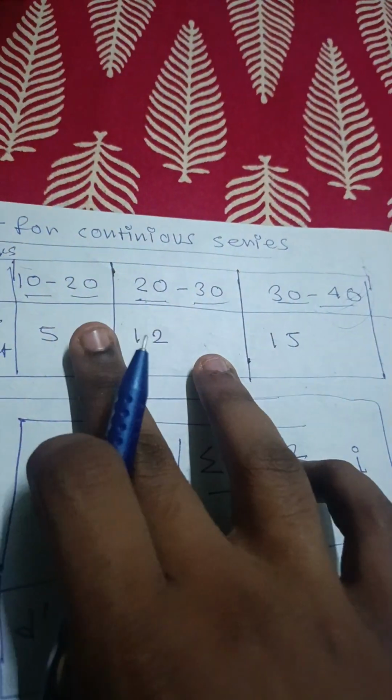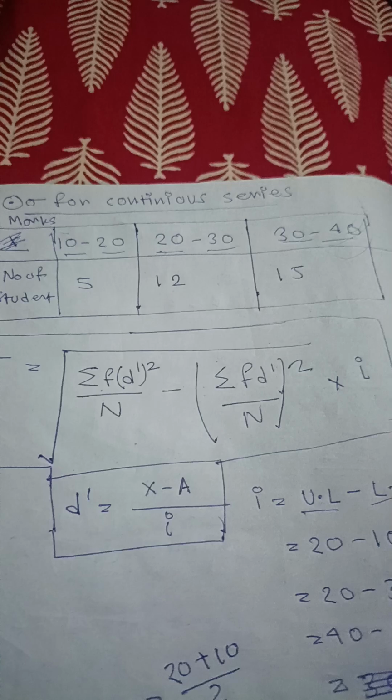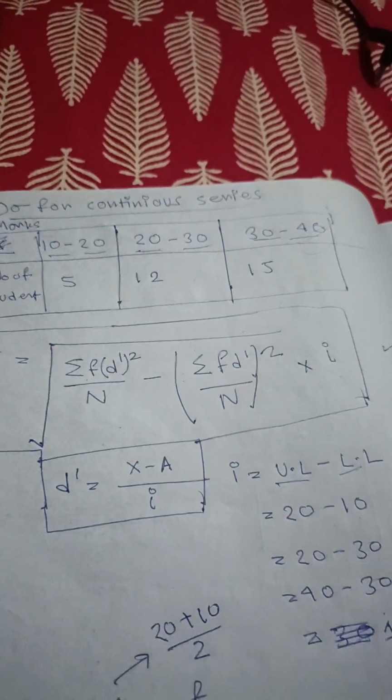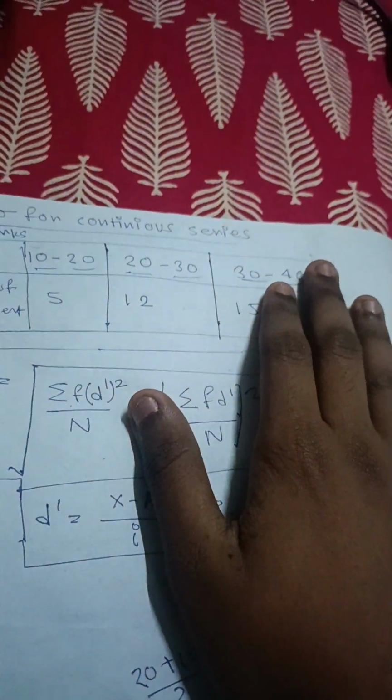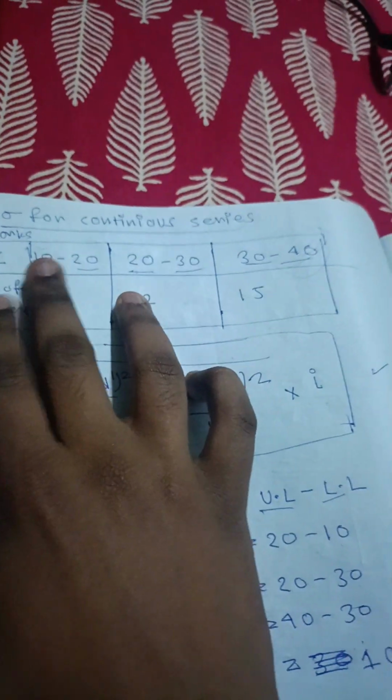That is 40, and what is the lowest value? That is 10. So sorry, it is the class length. Like that was the range that we are doing. From the biggest value we are subtracting the lowest value, but here for the range we are